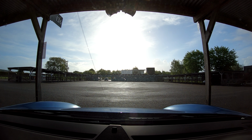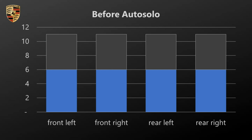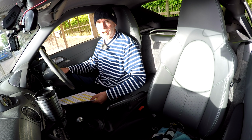And the second contributing reason to the fluid boiling is the pad material. The pads were worn to about 50% of their life prior to the track day, so there was far less material in the pads to absorb and dissipate the heat. As the pads currently stand, they still have enough material left for road use. Porsche say a minimum of 2mm, and I'll be doing my absolute best to use what's left of them here